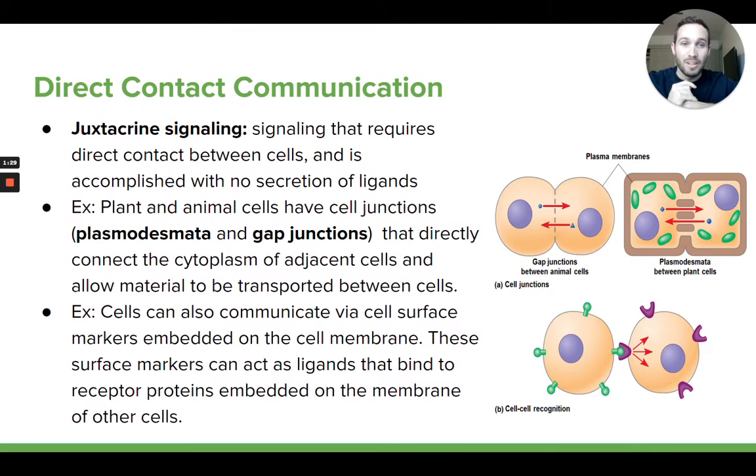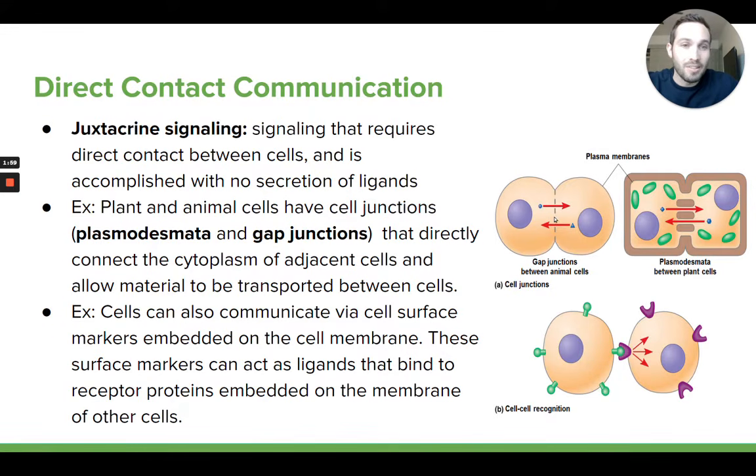So this is going to involve no releasing of a signaling molecule. In this situation, the cell that's sending the signal is not actually going to secrete the ligand, the signaling molecule, that will then bind to the other cell. There is no secretion of a signaling molecule because it's going to rely on them touching each other, basically. And so one example that we've actually seen before this semester is how in plant cells and